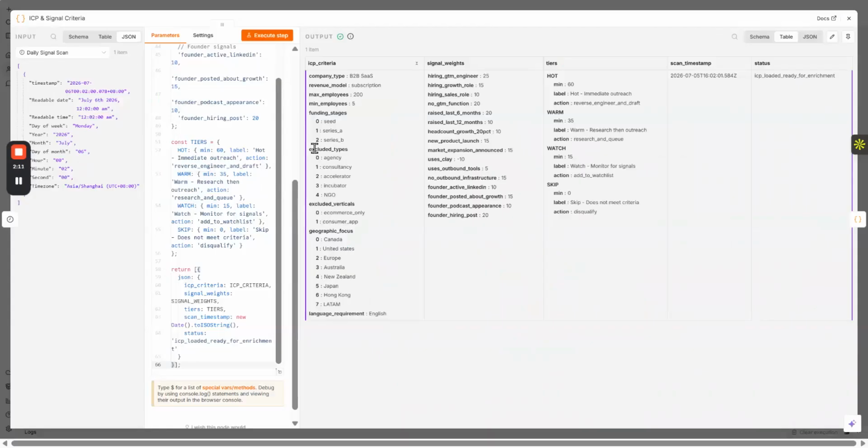Before processing accounts, the workflow defines the ideal customer profile, and then it assigns scores to different buying signals. For example, hiring a GTM engineer is definitely a stronger buying signal than simply having an active founder on LinkedIn. So the scoring model definitely reflects that difference. Then next is the